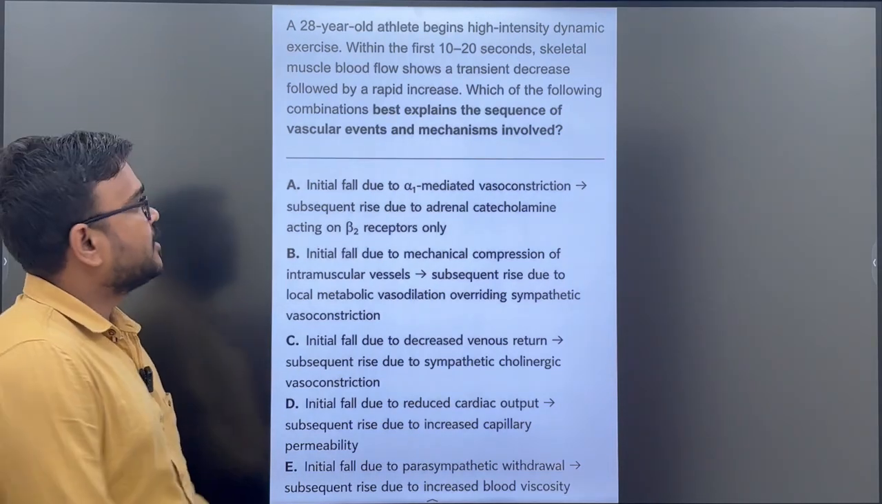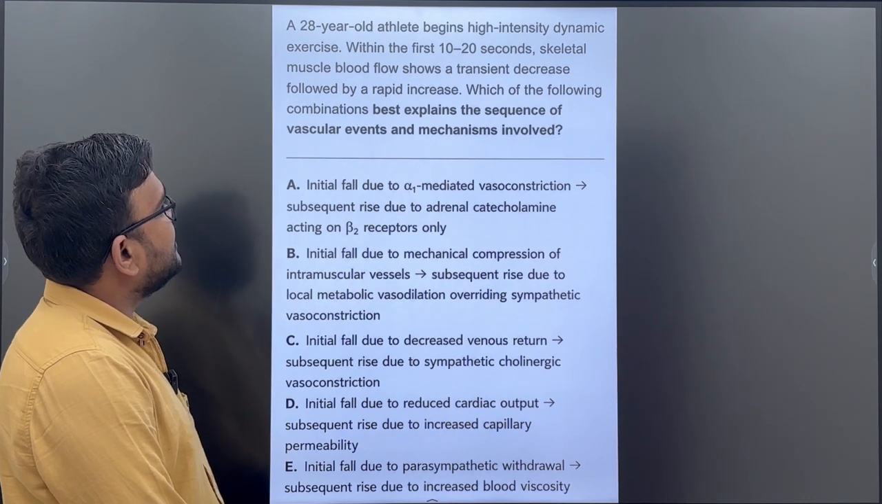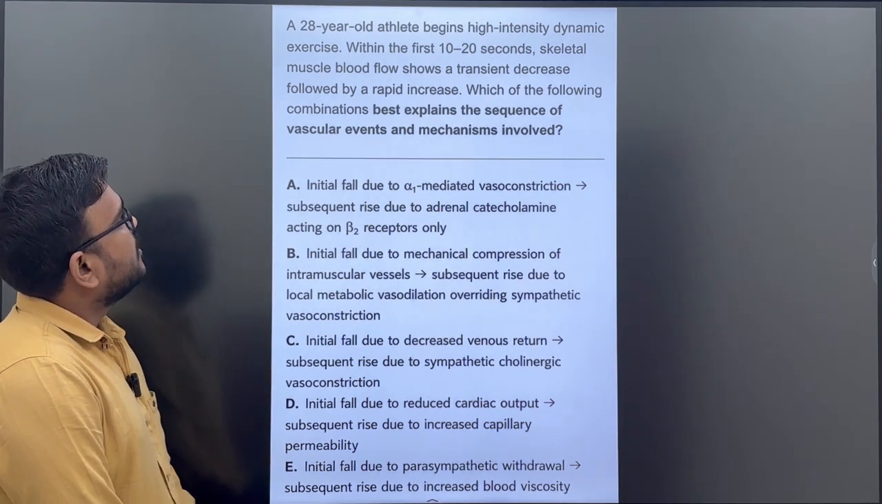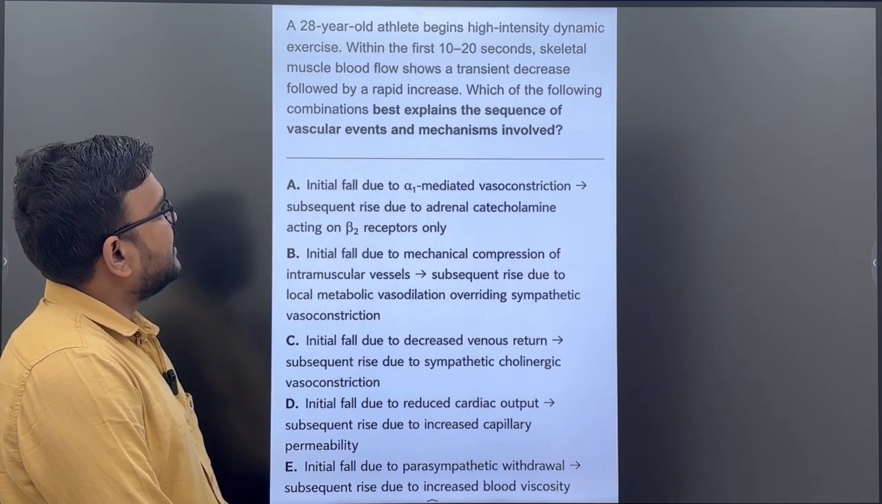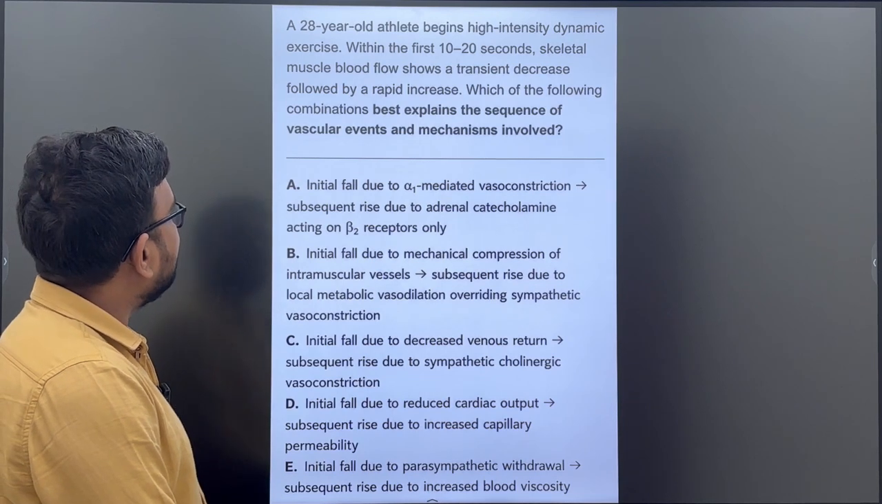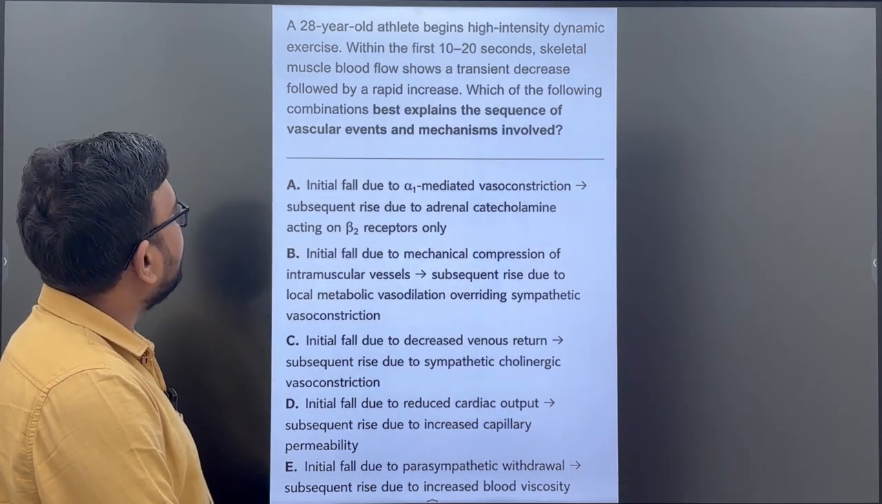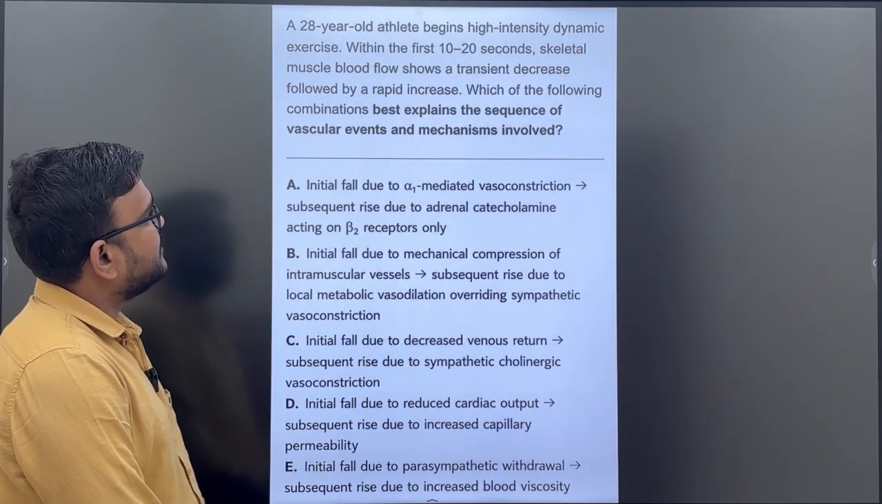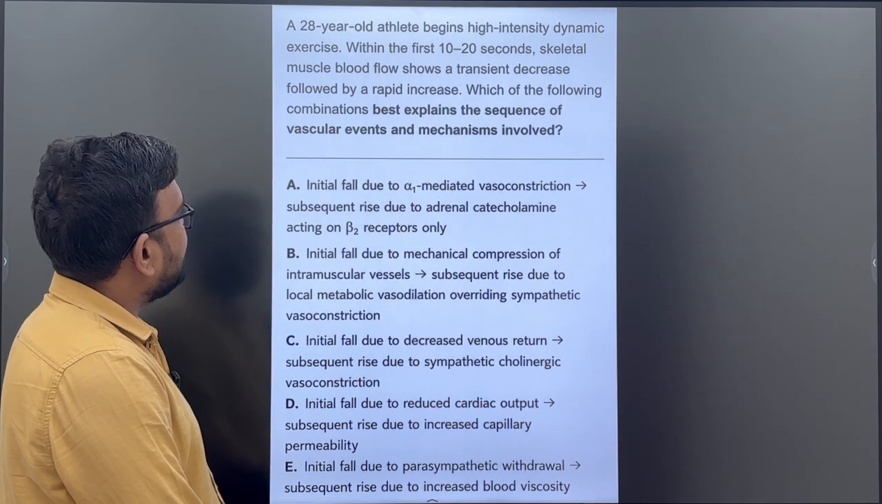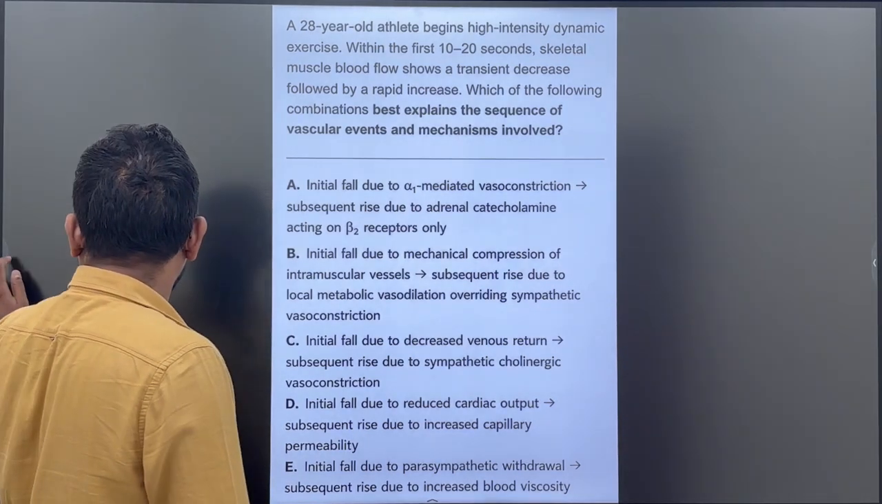Now we'll discuss one MCQ. A 28-year-old athlete begins high intensity dynamic exercise. Within the first 10 to 20 seconds, skeletal muscle blood flow shows a transient decrease followed by a rapid increase. Which of the following combinations best explains the sequence of vascular events and mechanisms involved? So let us discuss